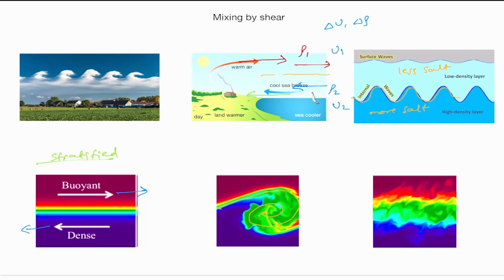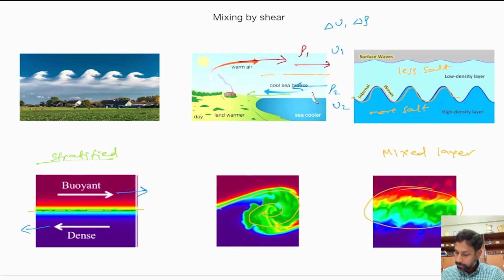And eventually at late time, you will see that a large part of this fluid has got mixed, right? These two layers of the fluid have got mixed, which initially had this sharp interface, right? There was a clear distinction between the upper layer and lower layer, but at late times there is no clear distinction, right? So this stratified layer has now turned into a mixed layer,